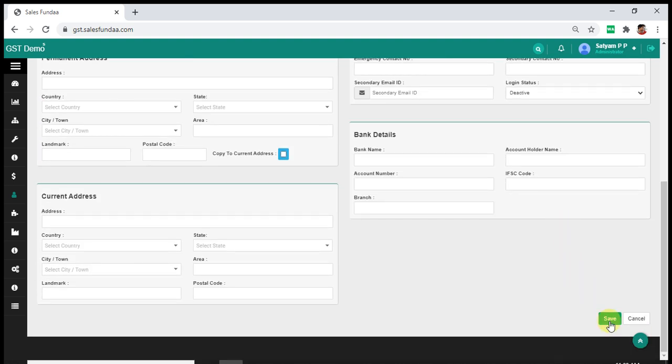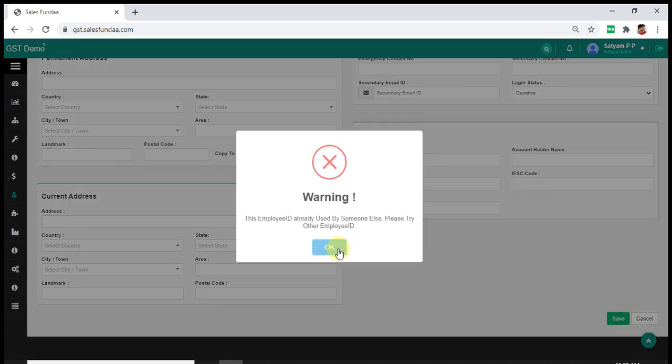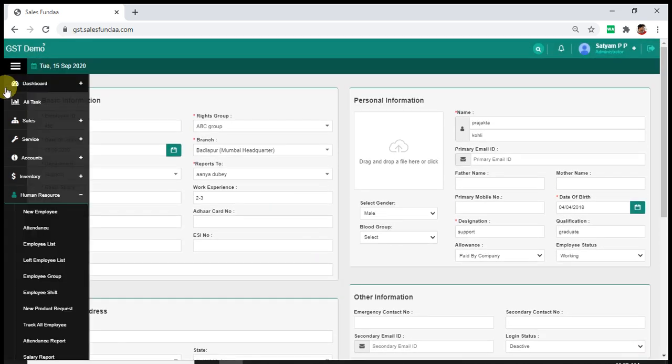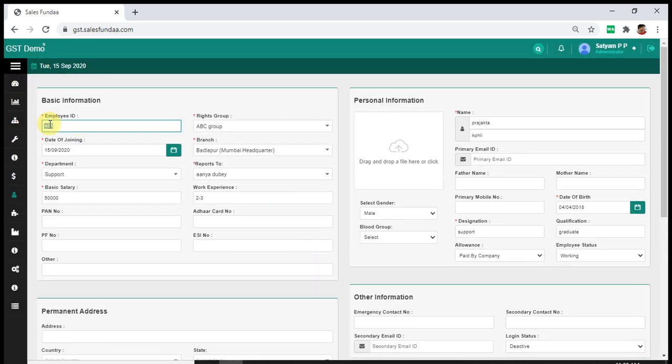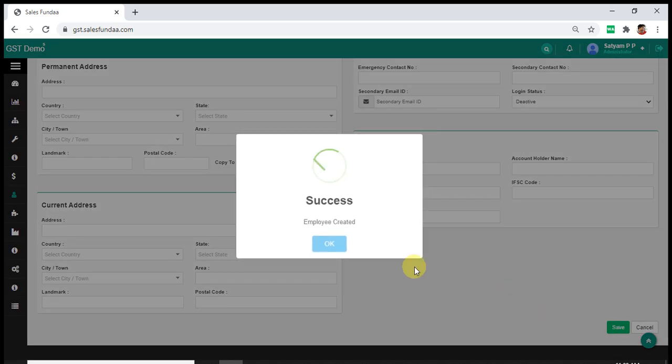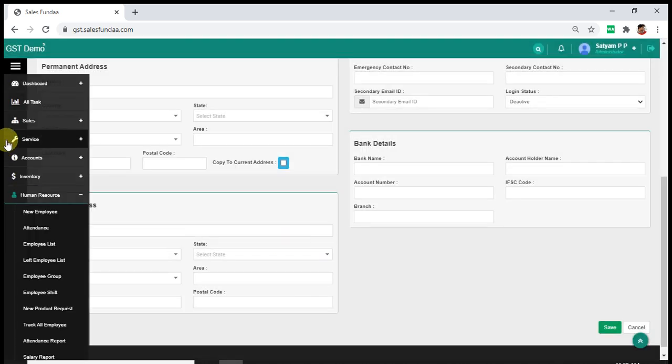Then next click save. Employee ID has been okay. Now your employee has been created.